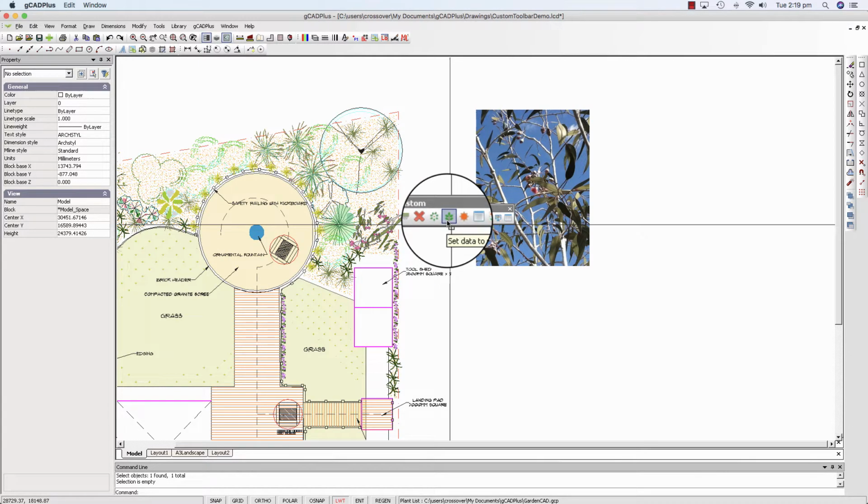Then I can set data to a plant. If I make an error, I can remove it. I can view the resultant plant list, draw the schedule and show symbols with names and so on. So what I've done is populate this toolbar with tools that I want to use when I'm generating a plant